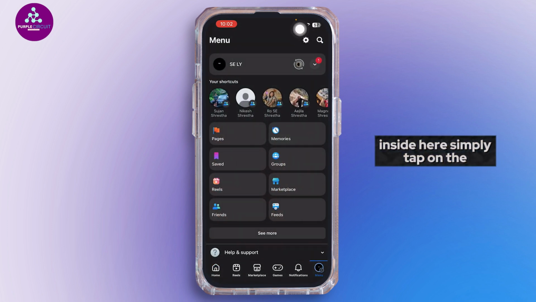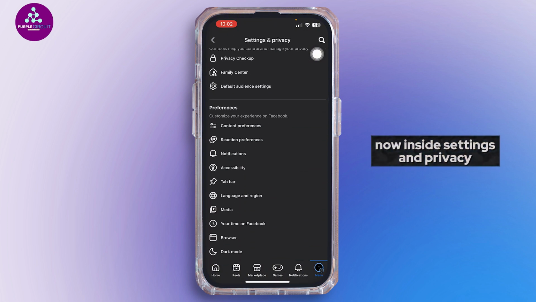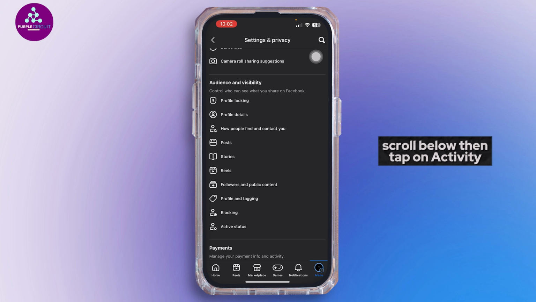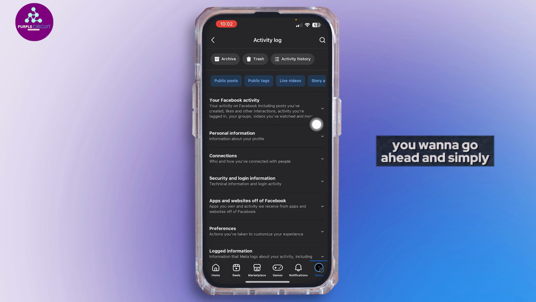Inside here, simply tap on the settings icon right over here. Now inside settings and privacy, scroll below. Then tap on activity log under your activity. Now inside here, you want to go ahead and simply tap on activity history